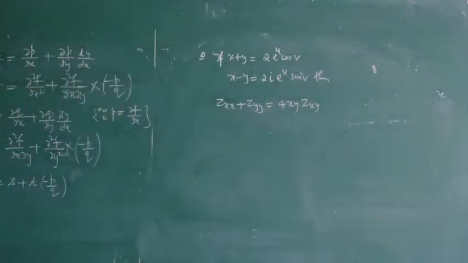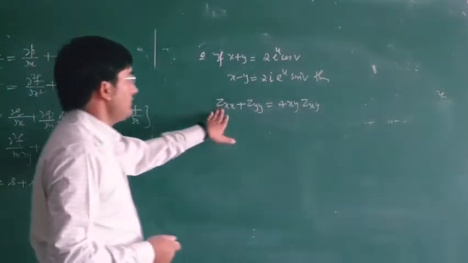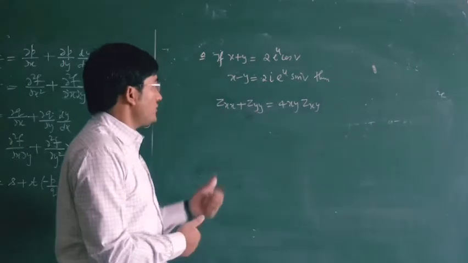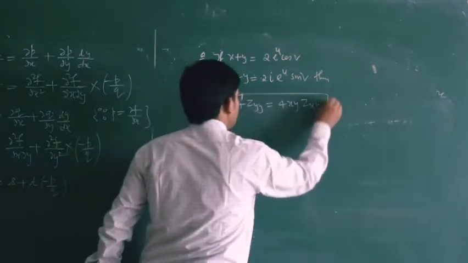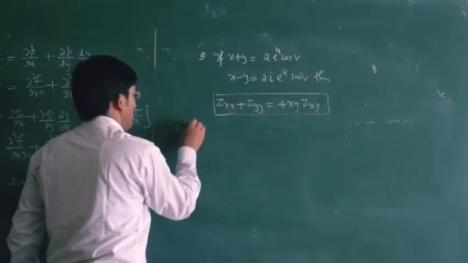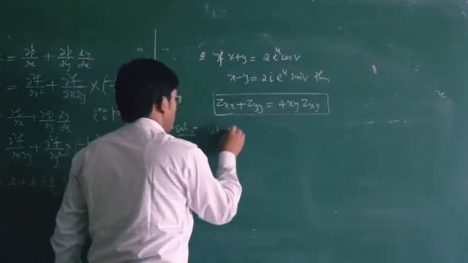That means your z is a function of x and y. So if your z is a function of xy, then prove that this is equal to this one. So solution, let z is a function of xy